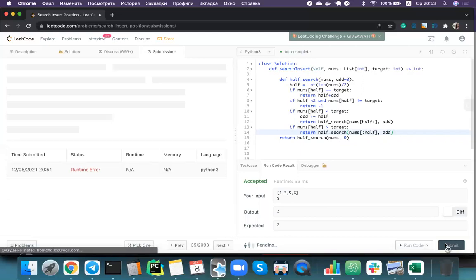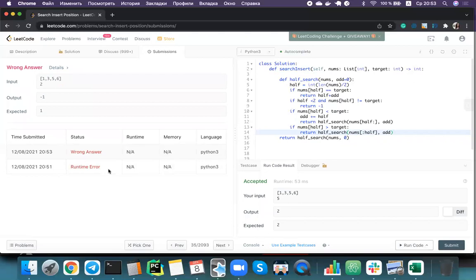Okay, accept, submit. It will be a wrong answer, runtime error, wrong answer. It's what I supposed. Our output is -1 in this case because we didn't find this one, but we're supposed to find 1. Look at this: in the first moment we found middle, it will be 2, 2, 5. Our target is 2, and we're going to find this in this case, and we say that